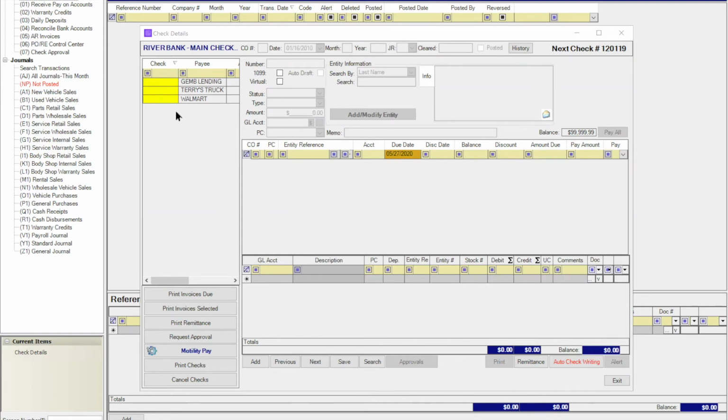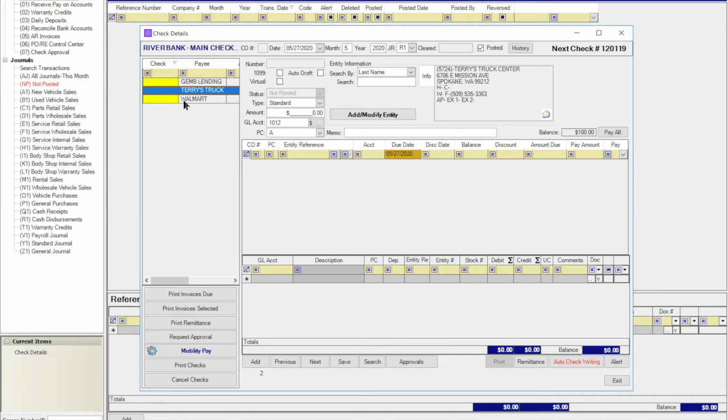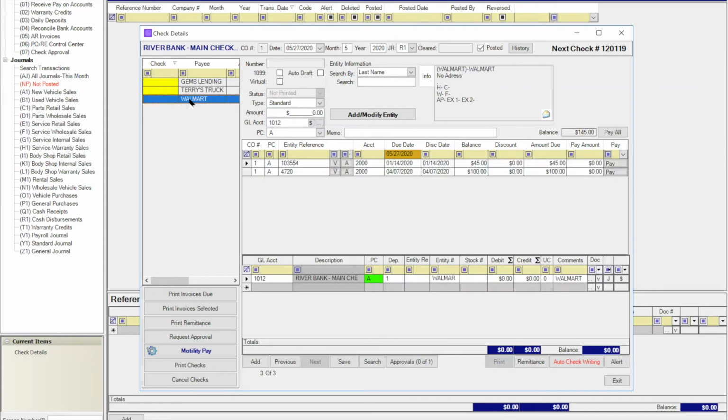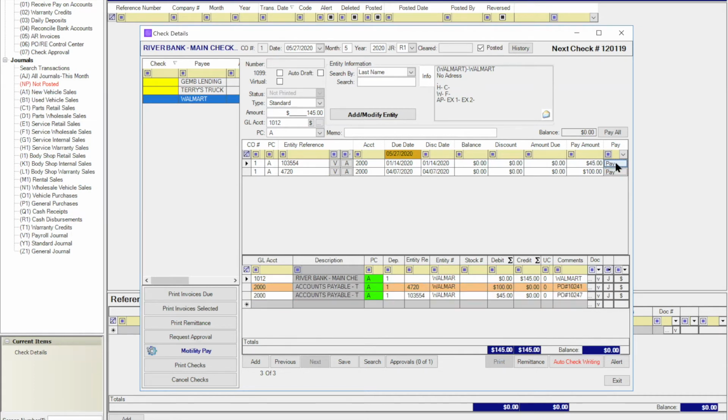A little window popped up really quickly there. I'm not sure if you saw it. Basically what it's doing is creating these blank check numbers on the left-hand side using all your outstanding accounts payable transactions. So what you would then do is click on each of these,